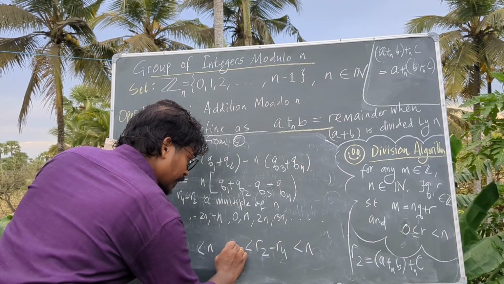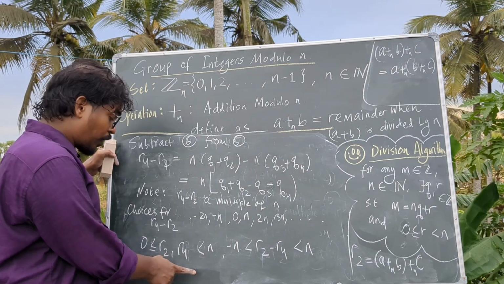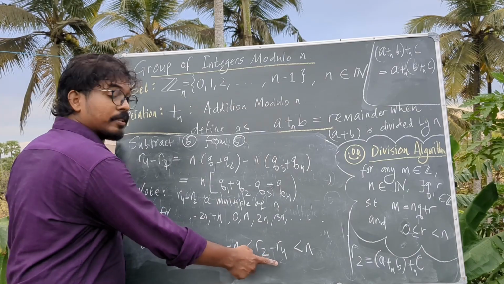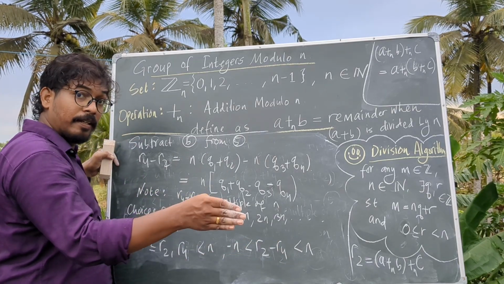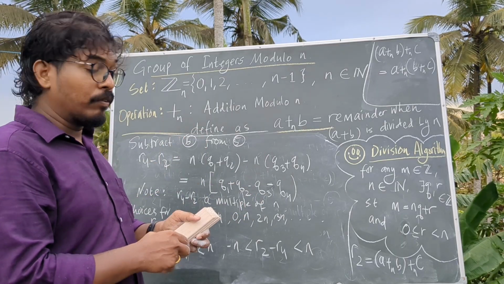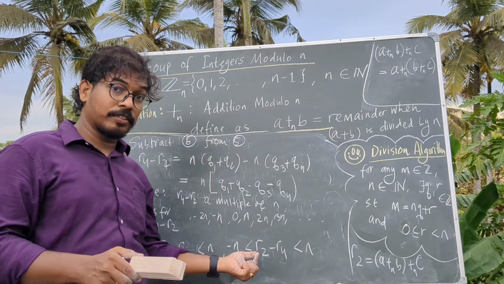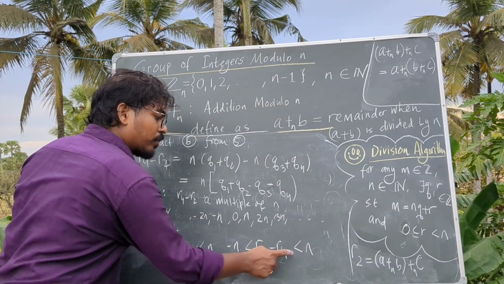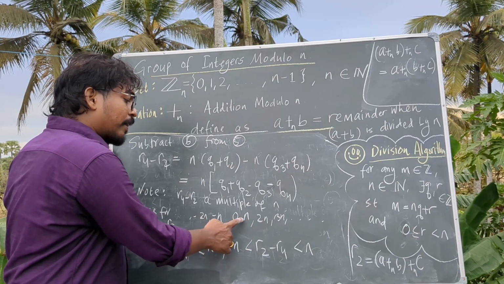Therefore their difference lies between minus n and n, because R2 and R4 are less than n and bigger than or equal to 0. If you subtract R2 and R4, you will never get bigger than the number n or less than the number minus n. Therefore R2 minus R4 lies between minus n and n,